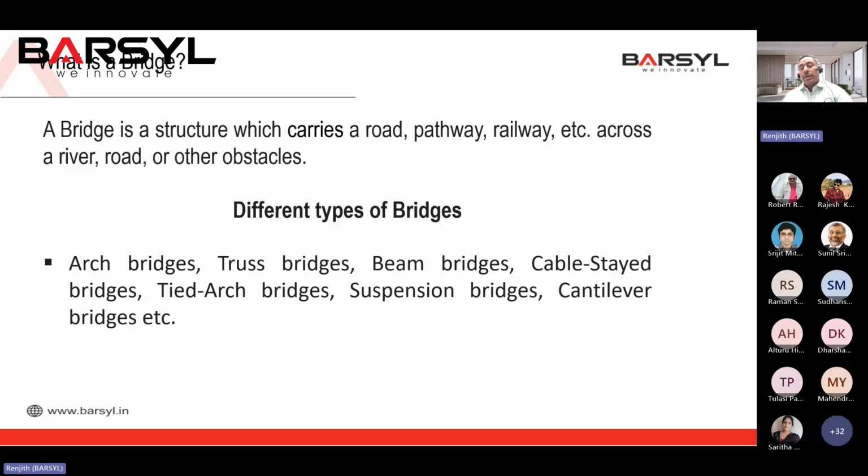Like that, and lift bridges are also there. For example, our Pamban bridge, where there is a lift span. When a ship comes, it can be raised and the ship can move. After that, the railway or the road traffic can use the bridge. That is called a lift bridge. So these are the types of bridges which can be classified into different categories. So our topic is